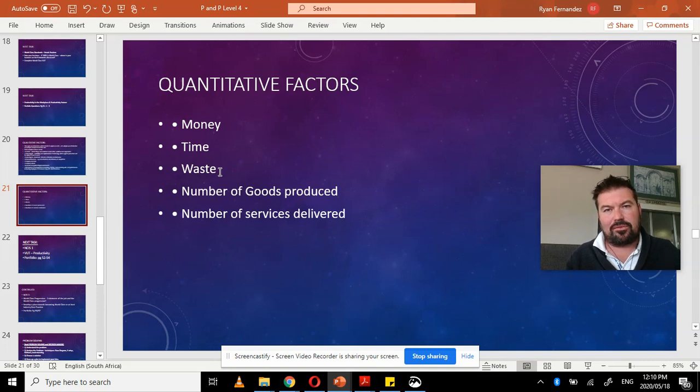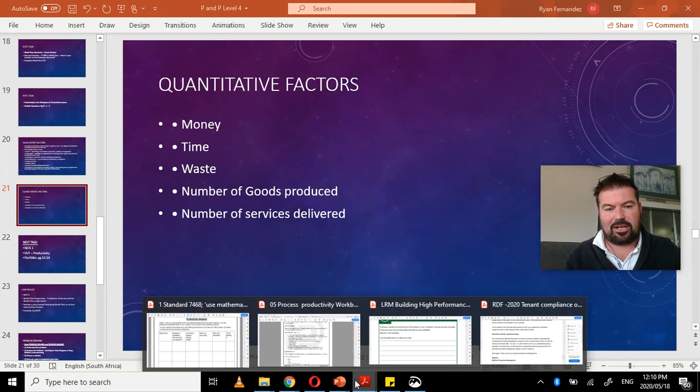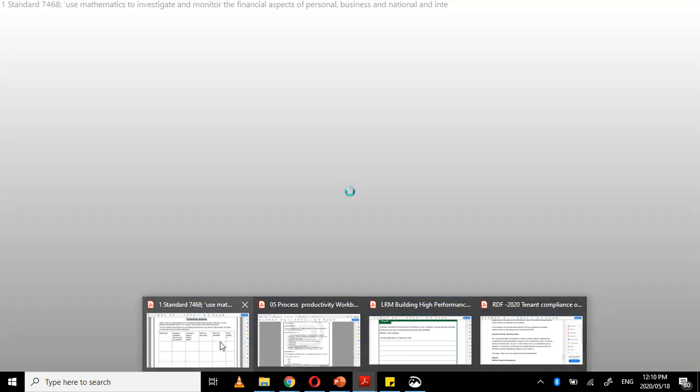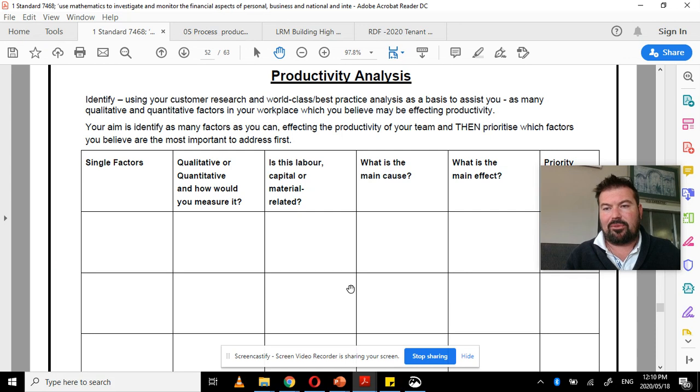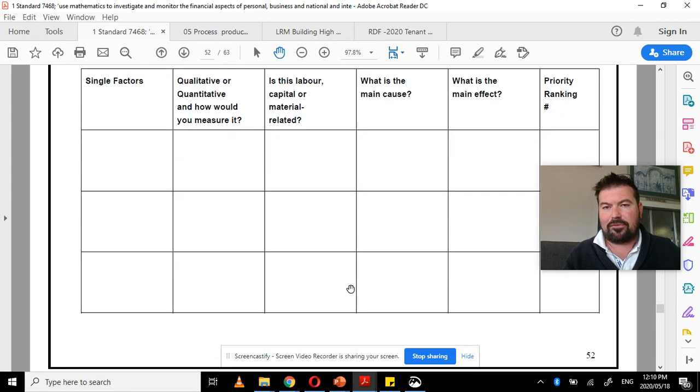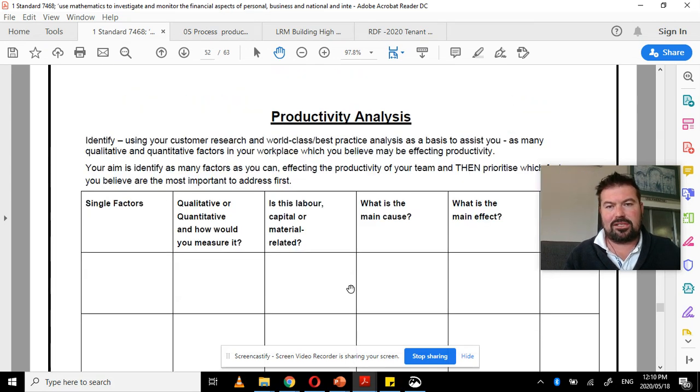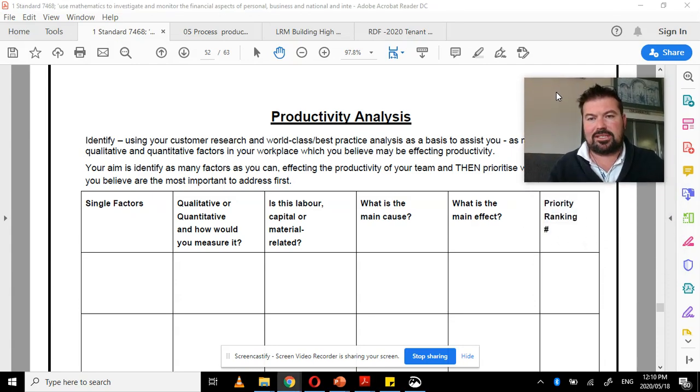So let's go to our portfolio of evidence where we're going to do some analysis. Now we're going to page number 52, page 52 in productivity analysis. In order to become best practice or world class, we're going to have to adjust some of those qualitative and some of those quantitative